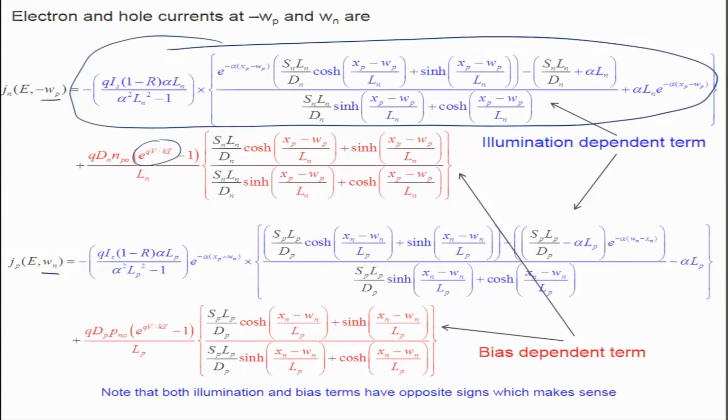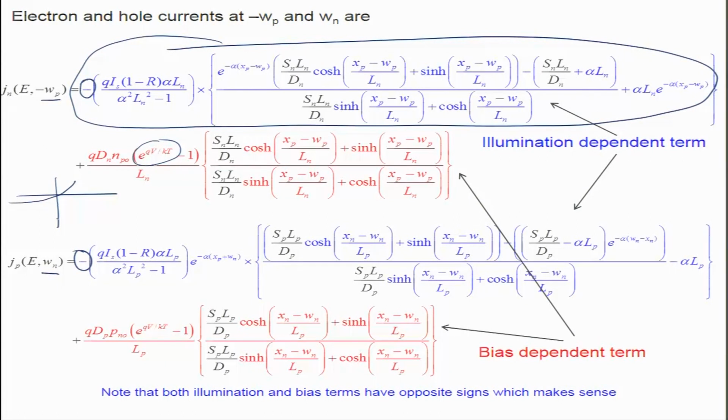So essentially you can do that very easily, and similarly when you put the bias equal to 0, then what should happen? Another thing you need to note is that the illumination term has this minus sign, whereas the bias term has a positive sign to it. So this tells us that at zero bias, the solar cell is going to produce a current that is negative. So when you plot the IV characteristics for a PN junction, the IV characteristics will not be like this.